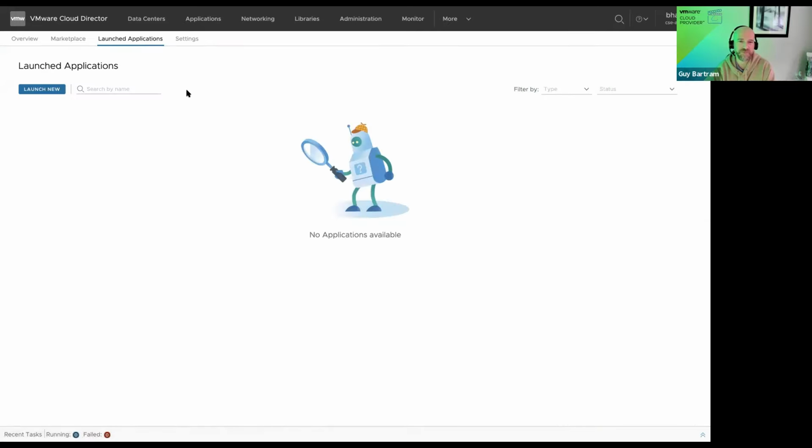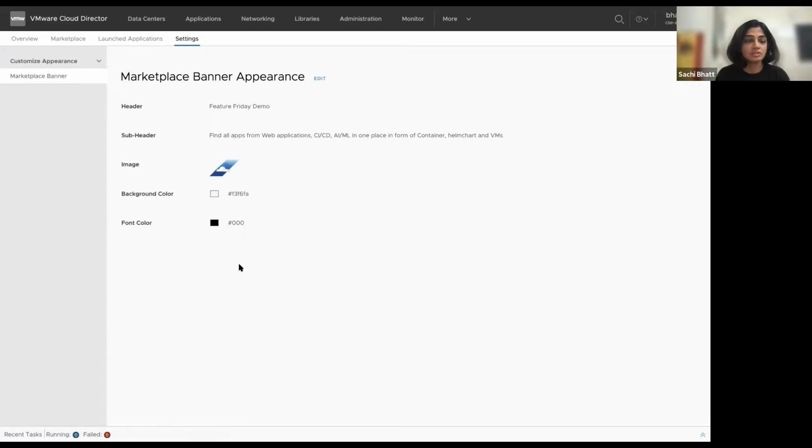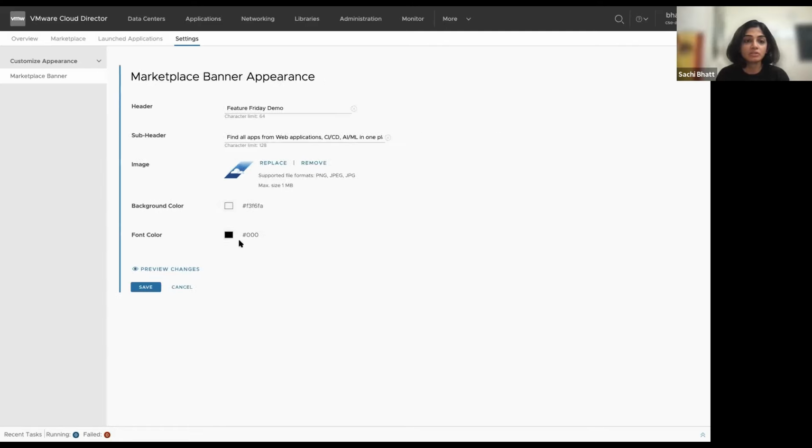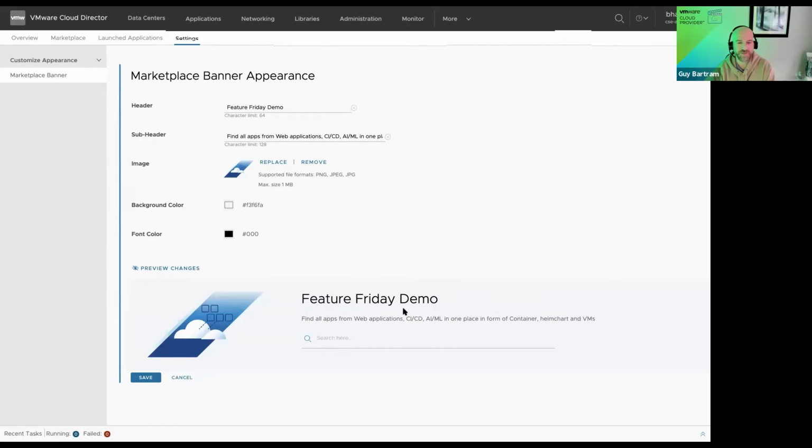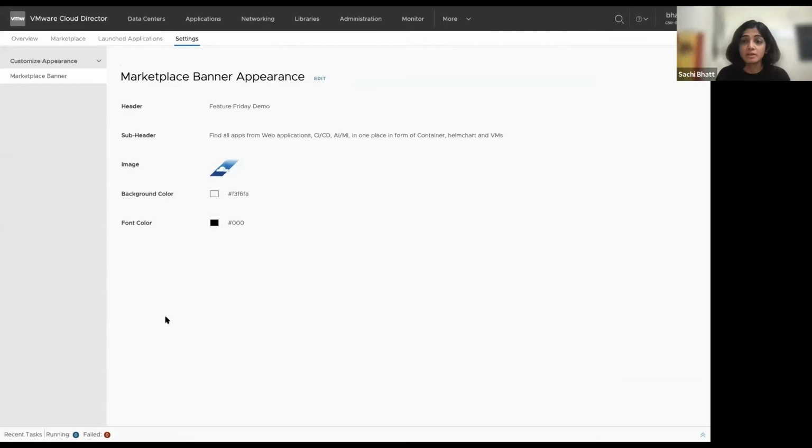Exactly. And the third one is the customization of the tenant portal. So now we can provide a custom banner for App Launchpad, and custom text, and then they can also change the background color and the font color and everything. That's very cool. You can preview it and then publish it. And the rights bundles for these capabilities, especially for the marketplace banner, are created separately. So the provider can select to publish this to the tenant admin.